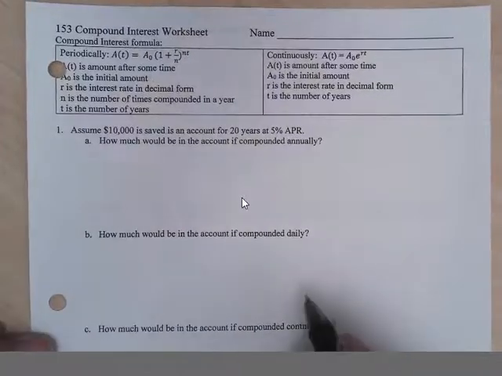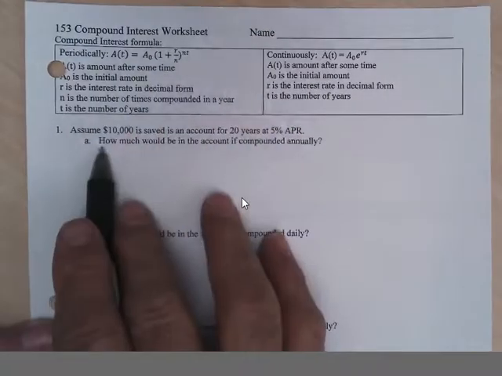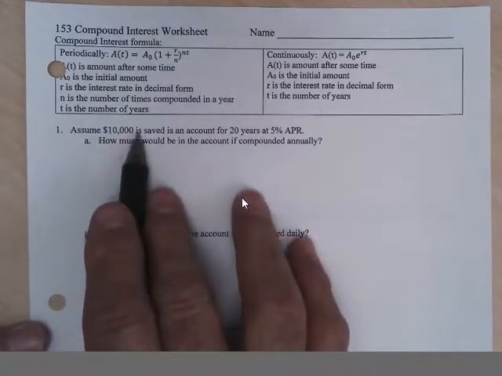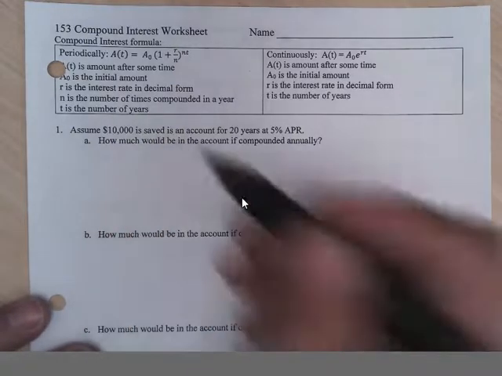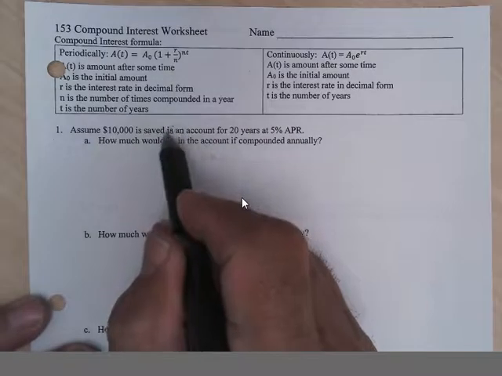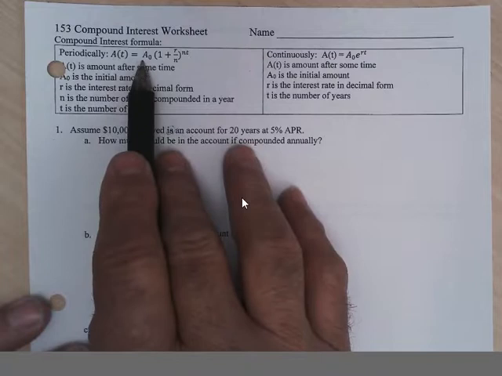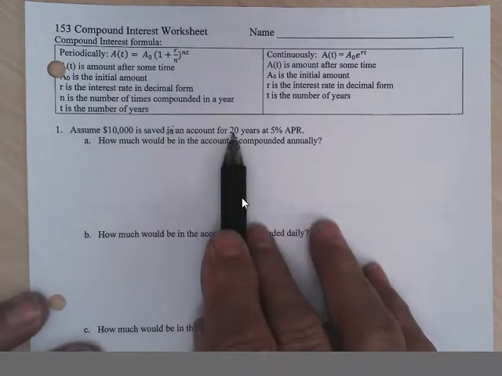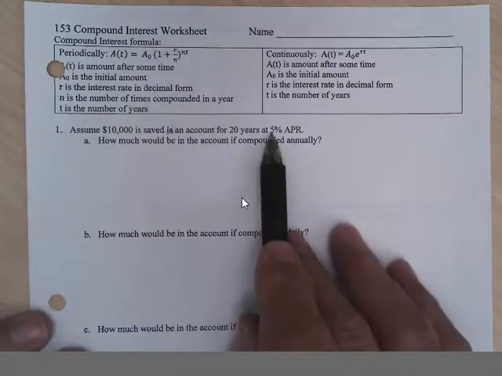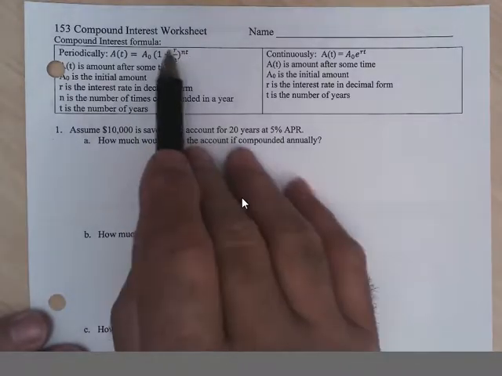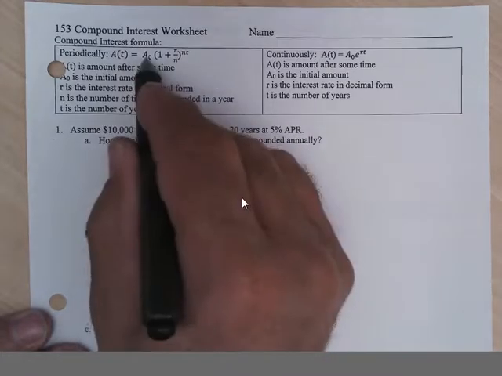Okay, let's do the compound worksheet. I gave you the formulas up here, and then it says $10,000 is saved in an account. So 10,000 is the starting amount, 20 years is going to be T, which shows up in the power, and 5%, which in decimal form is the R, is 0.05, and so we have A0,